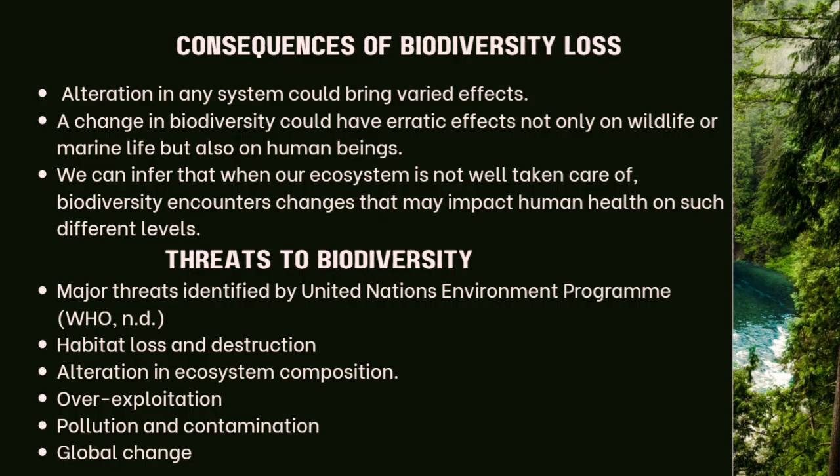Next is habitat loss and destruction. So, it refers to the process by which natural environments are significantly altered or eliminated, rendering them uninhabitable for the species that rely on them for survival. The next is alterations in ecosystem compositions. So it refers to changes in the relative abundance or distribution of species within an ecosystem. So this can involve changes in the number